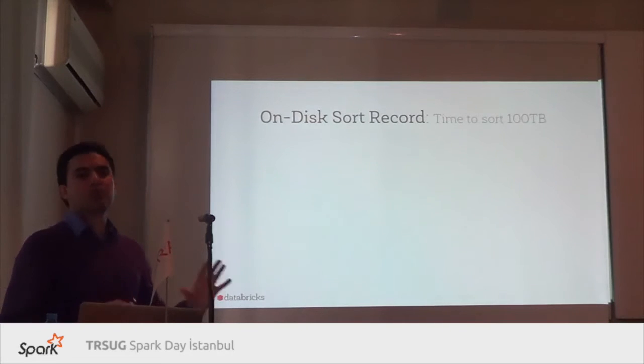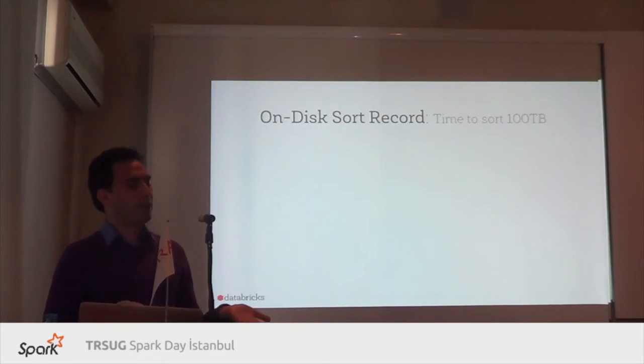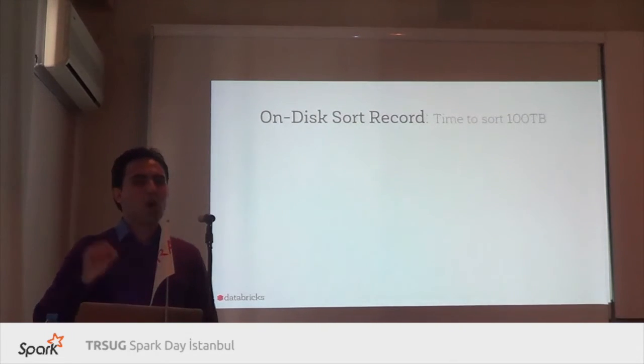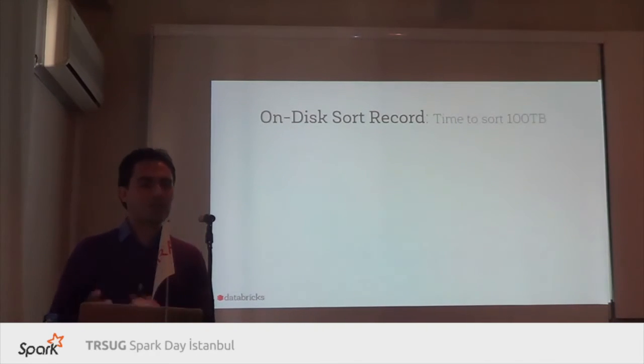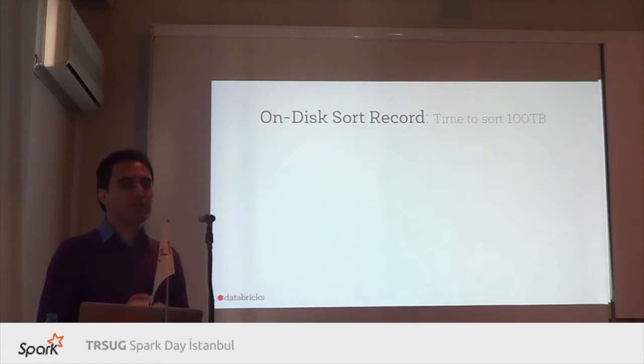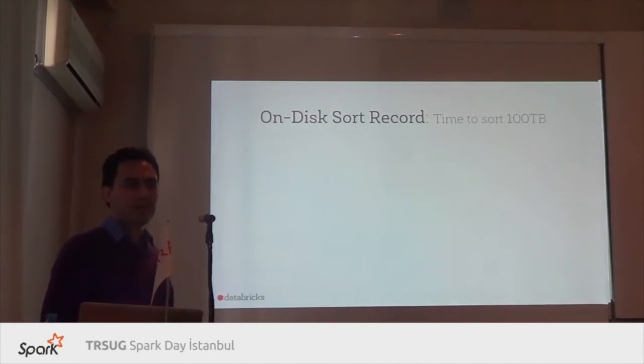Okay, so this was the message we always talked about, that with in-memory caching you can get great performance. As a result, about a year or 2 ago, people always assumed Spark is good only if you can cache your data. If your data is very large and you can't cache it, or you don't have enough RAM, or you don't need caching, there's no point in using Spark. So what we did, we didn't think so, because we think Spark is even faster for on-disk than Hadoop MapReduce, so we participated in the